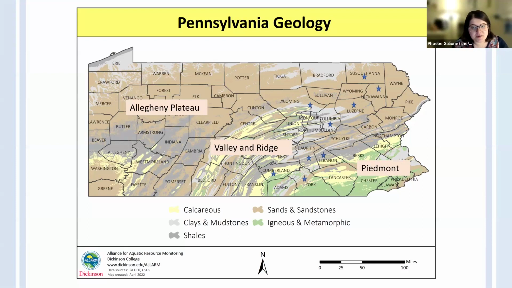But if you're one of our volunteers that monitor in the valley and ridge section, depending on how big your watershed is, you may see a lot more diversity in your geology rather than people who may be monitoring in locations that are almost entirely sandstone, like up in Lackawanna there. So this is at least a little bit of an overview on what the state looks like depending on where you're monitoring. And in the back of your data packets, there are more in-depth geology maps for county-specific areas, so something to keep in mind.